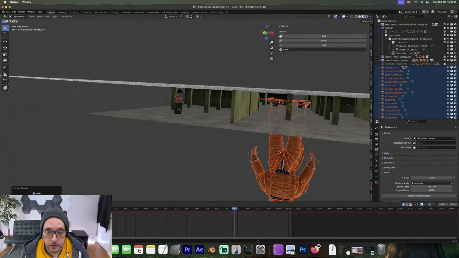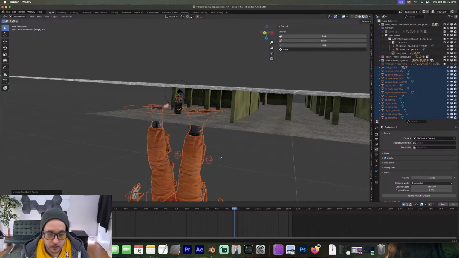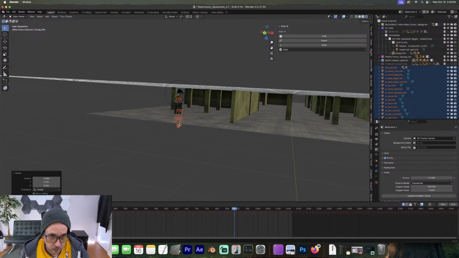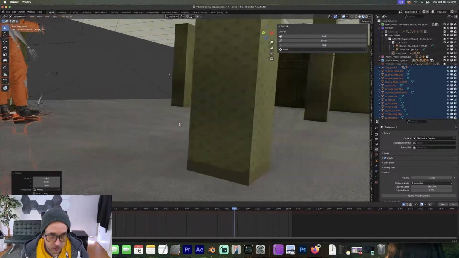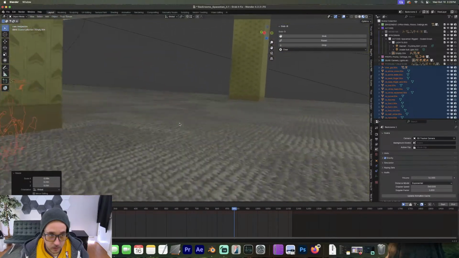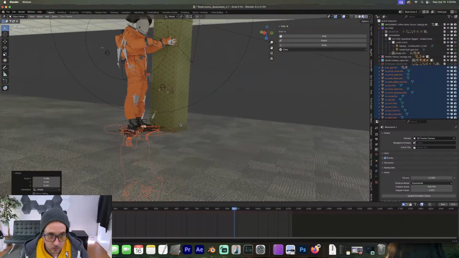Didn't matter anyways, but we are going to snap our selection to cursor. We are going to scale down. Actually, this probably isn't going to matter because we need to parent our rig to